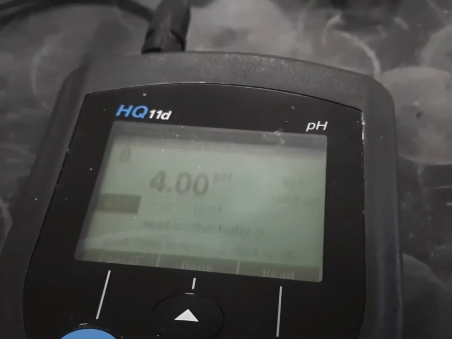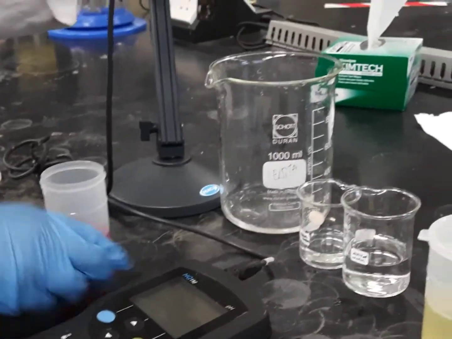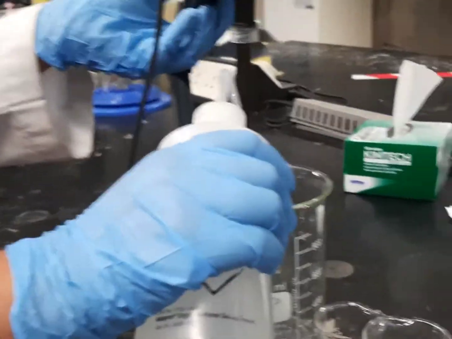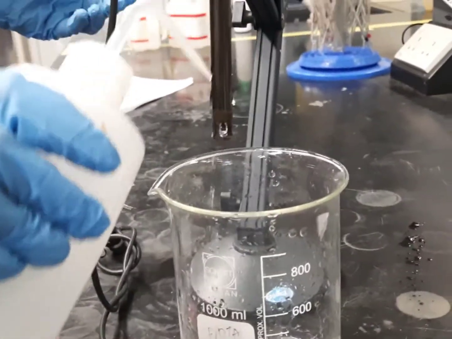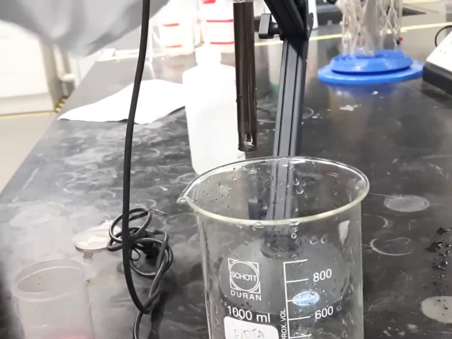The reading has been stabilized and calibrated for the value 4. We will take out the electrode and clean it with distilled water completely, and then clean it.